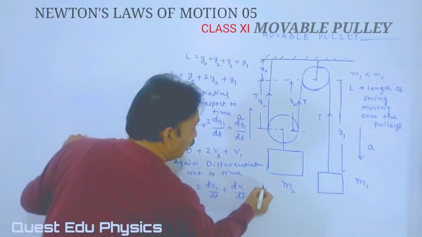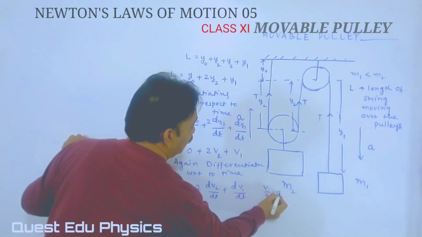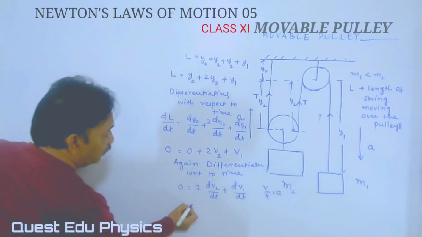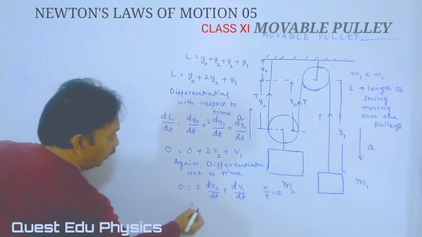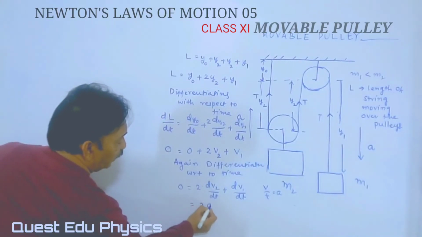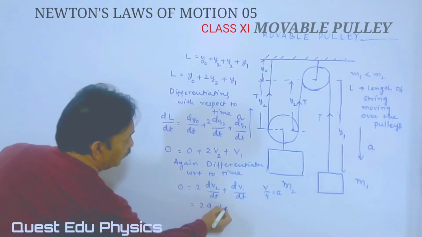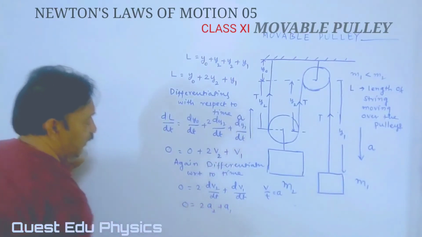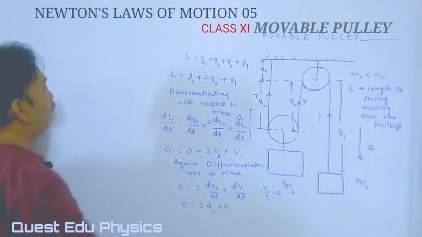As you know that dv/dt is acceleration, and we get the acceleration. It is 2a2 plus a1 is equal to 0, and we yield,